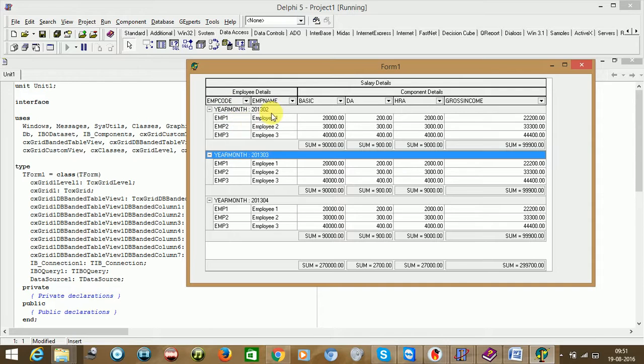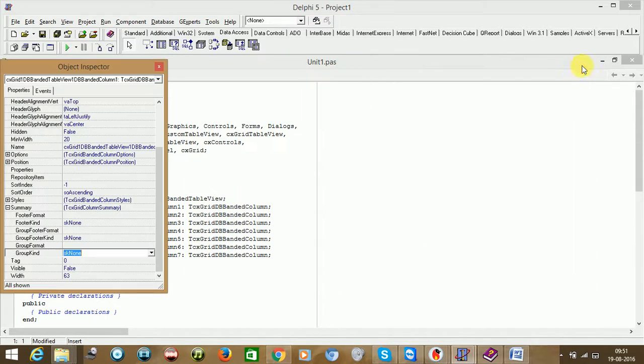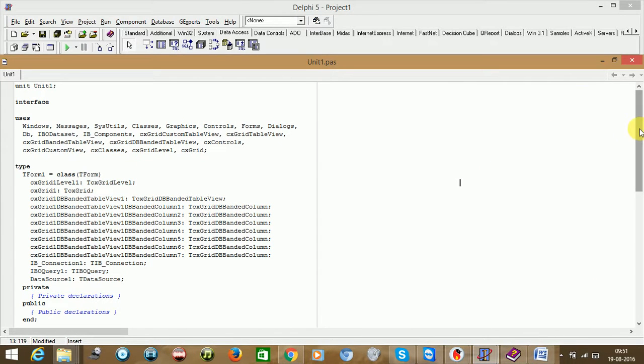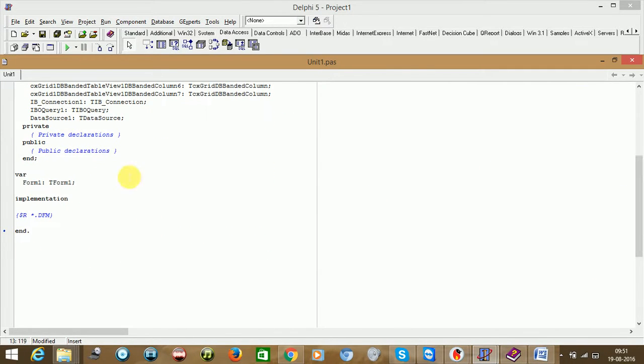So in the previous webinar, I gave an overview of group summary and footer summary in Quantum Grid, which we did at runtime, that is code time, but this is design time. Same result we are displaying here without writing a single line of code. Close this, and as you could see here, we have not written a single line of code.